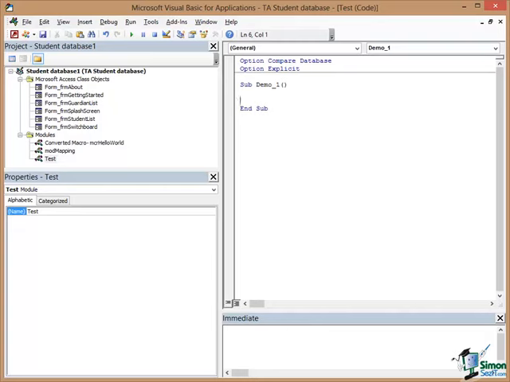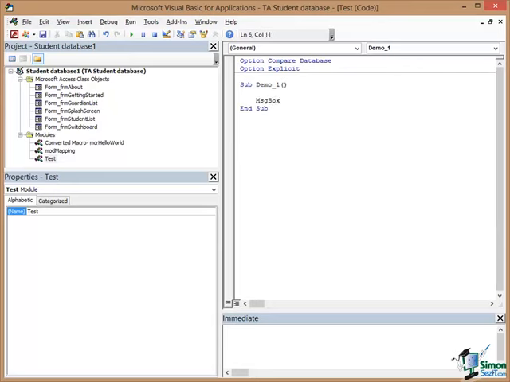I tend to work on a principle of progressively indenting lines. So within a sub, the commands, the statements that I'm going to enter to do what I want to do will be indented by one level, and then they may be indented by further levels depending on the sort of statements that I'm using, as you will see later on. In this particular sub, all I'm going to do is display a message. So I press the tab key so that I've got my indent, then I type message box,